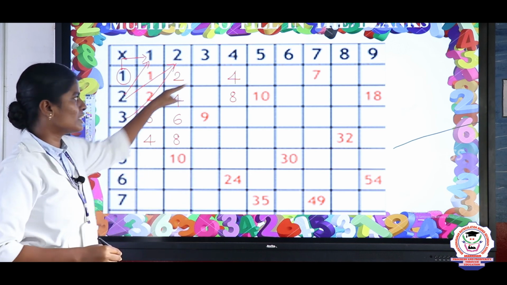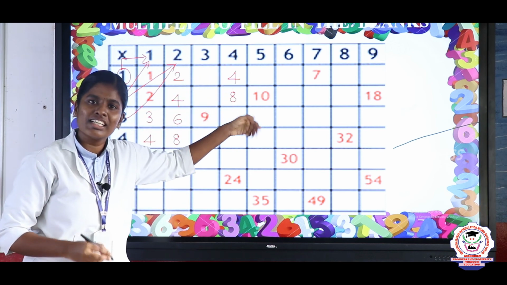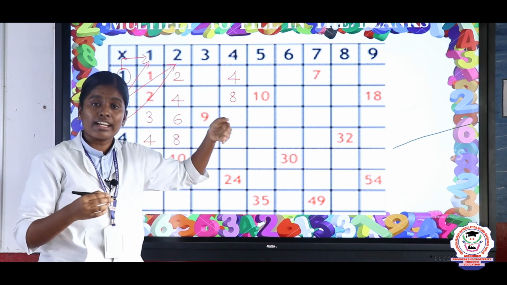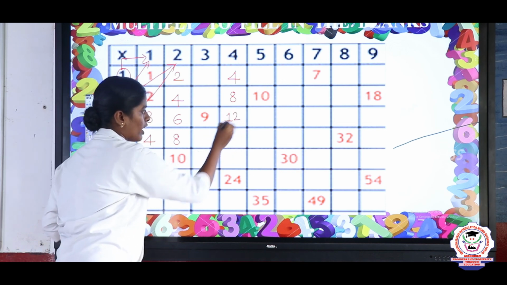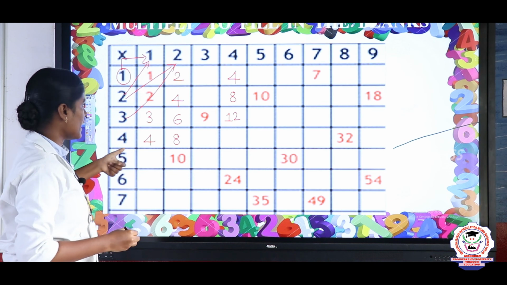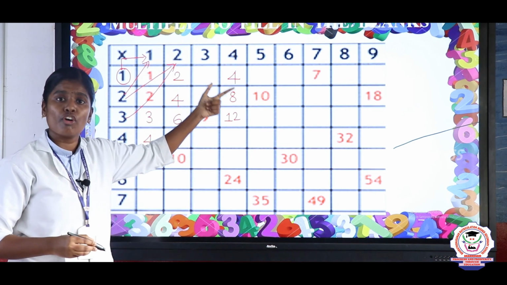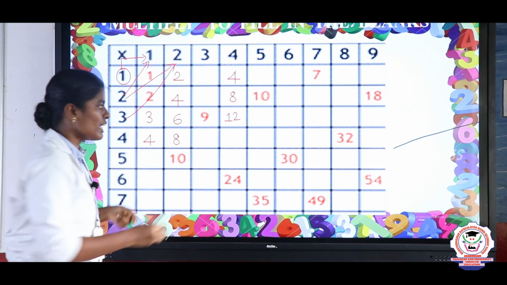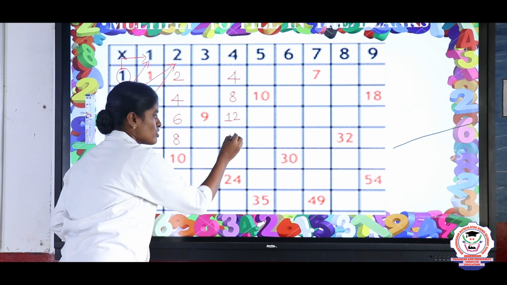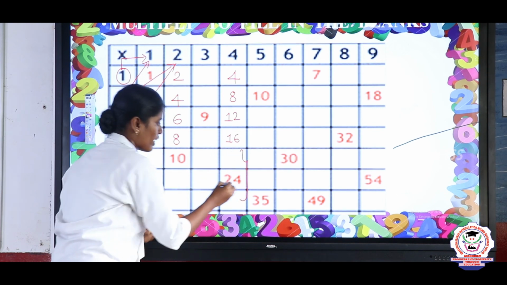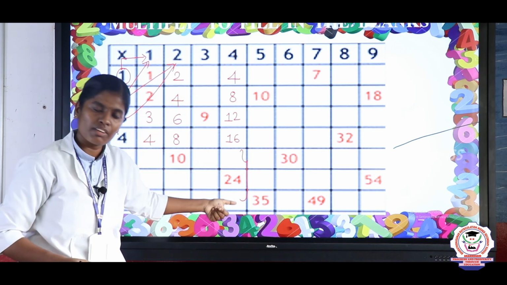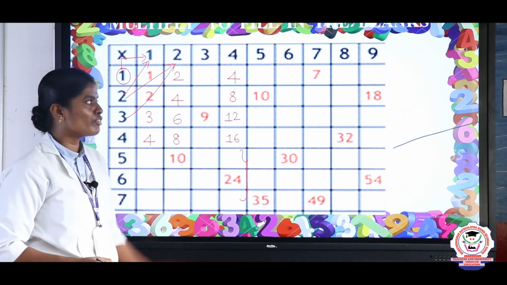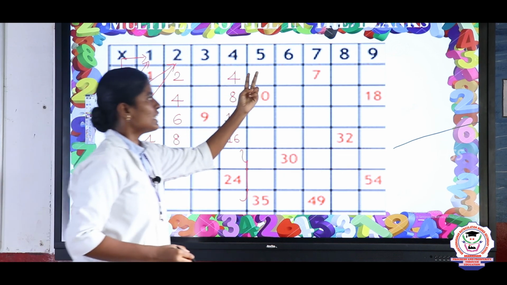Next you will take 3 fours are. So what is the answer? 3 times of 4. So the answer is 12. Right? 12. Okay. So next one is take 4 fours are. So 4 fours are, what is the answer? The answer is 16. So next you will do this. Okay, so next you will take 5 fours are and 6 fours are, already they are given the answer, and then 7 fours are. Next you will do this 2 column.